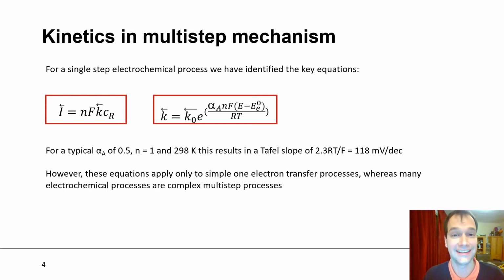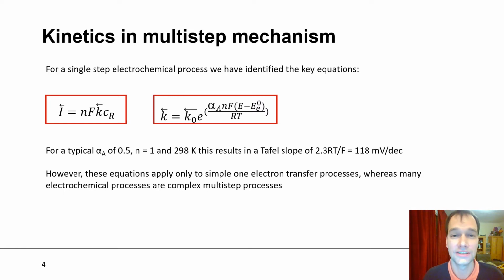But basically any reaction is more complex. It involves electrochemical steps, often it also involves chemical steps, and it's the combination of these reactions that in the end determine the total kinetic rate of the reaction. We will now derive what happens for such a multi-step mechanism,